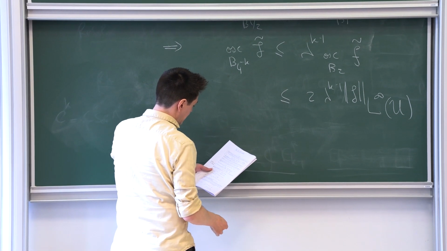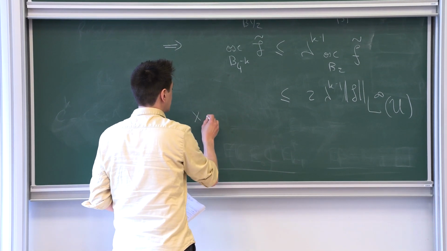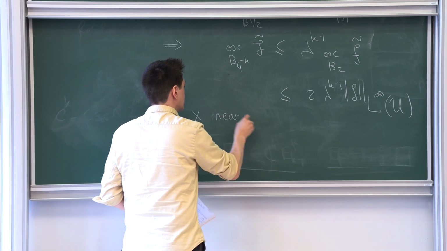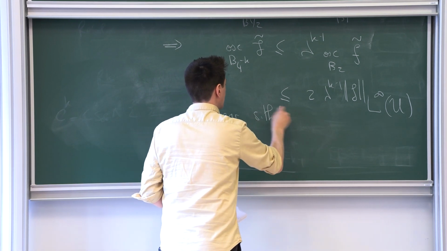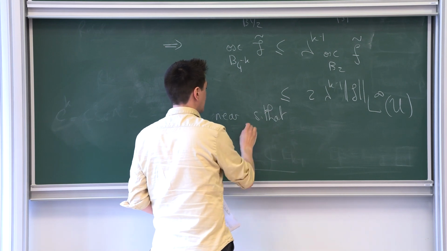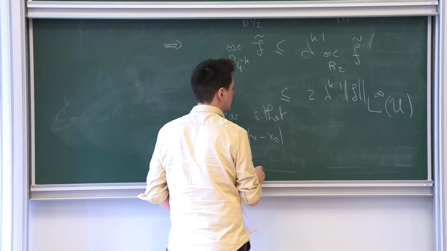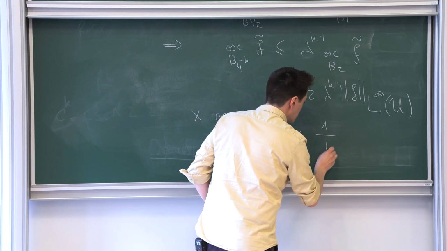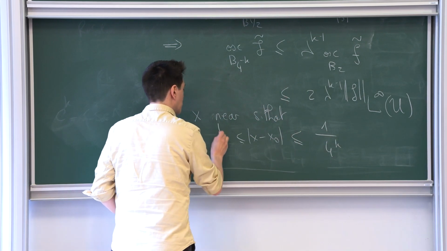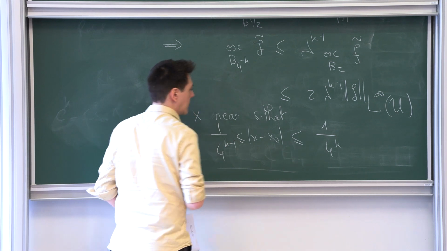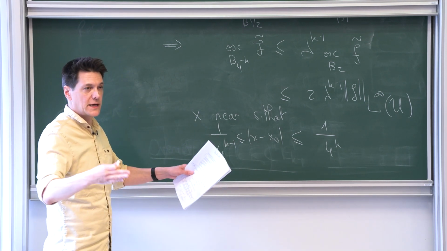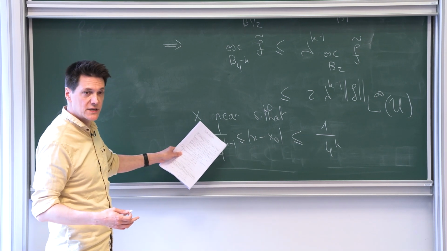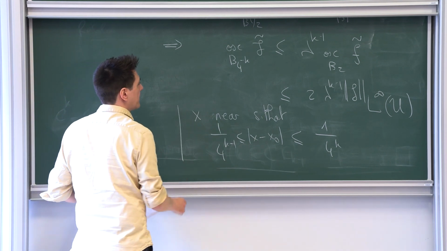And now for this one on the left, you deduce that it's an oscillation in a small ball. You deduce that if you take x near x naught, you will see in a second why it's finished. You take x near x naught, so that the norm of x minus x naught is between 1 over 4 to the k and 1 over 4 to the k minus 1. Okay, you have a layer of annuli. I can always pick up a point and decide what is the good k to have that. Then,